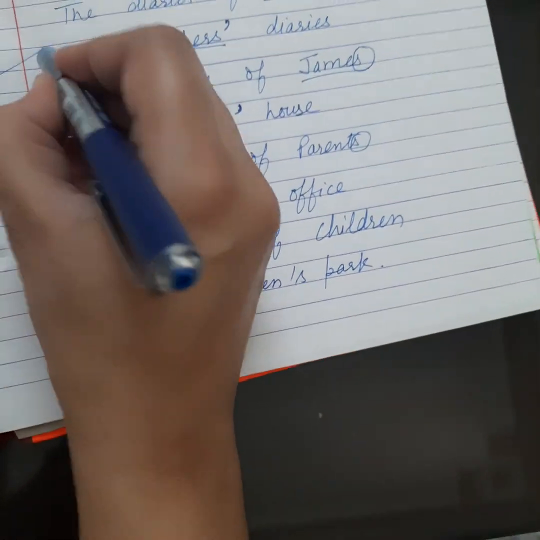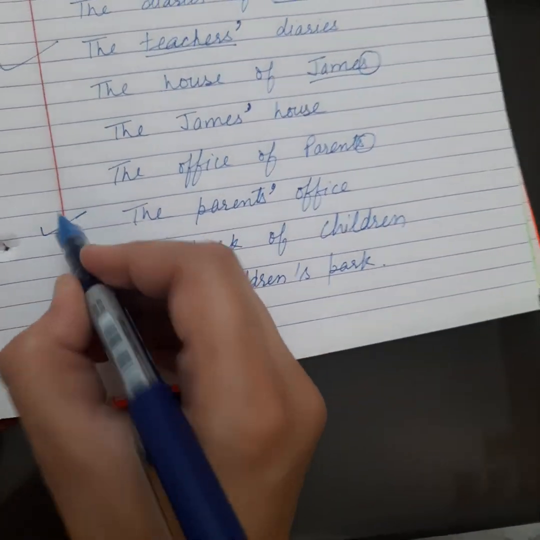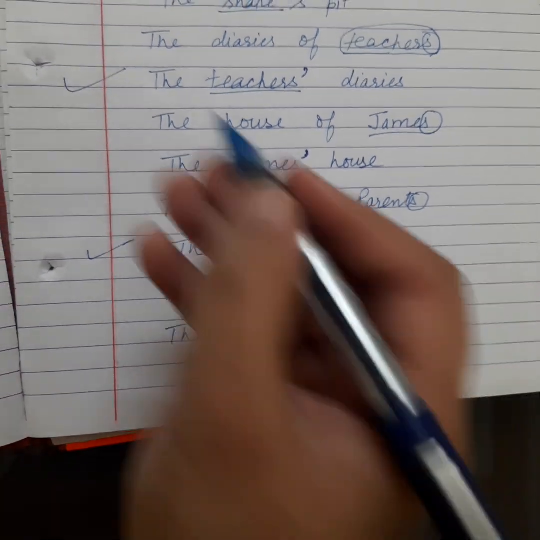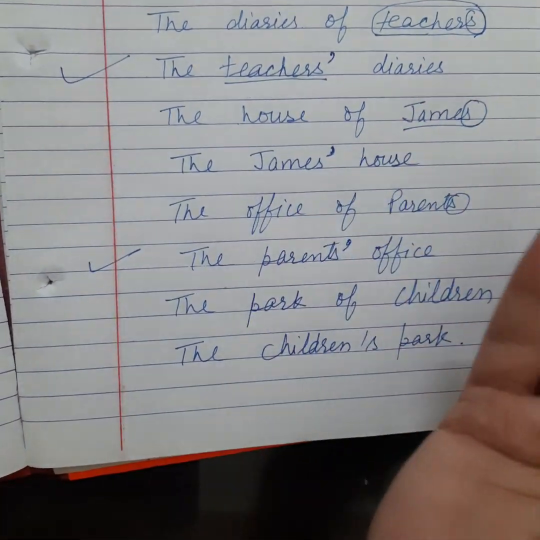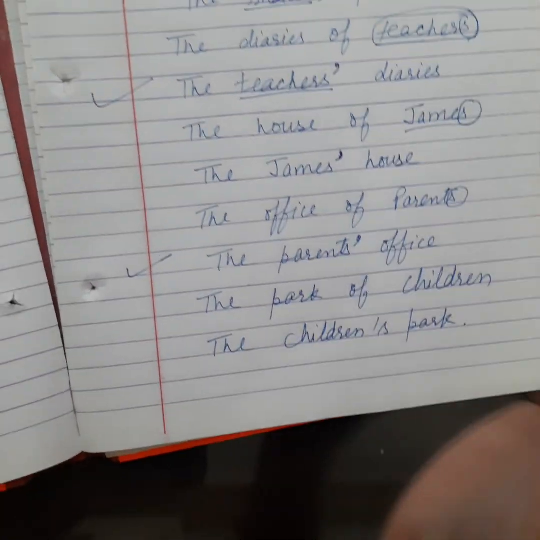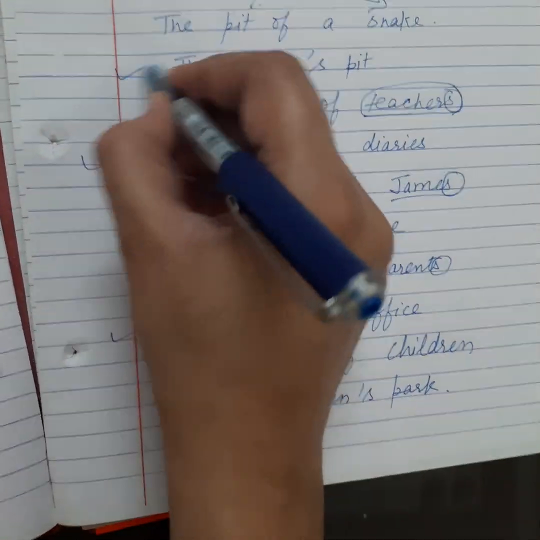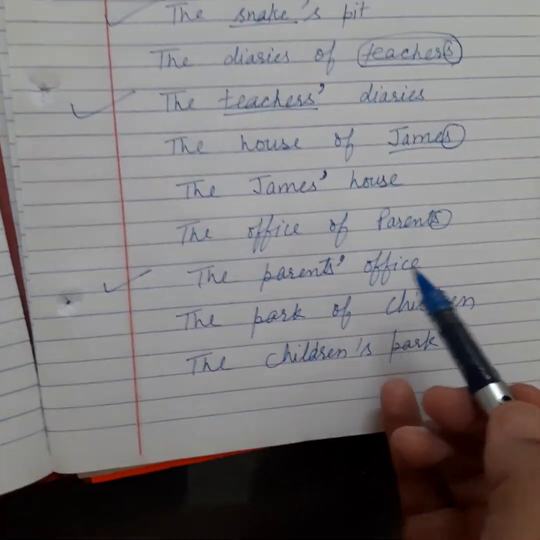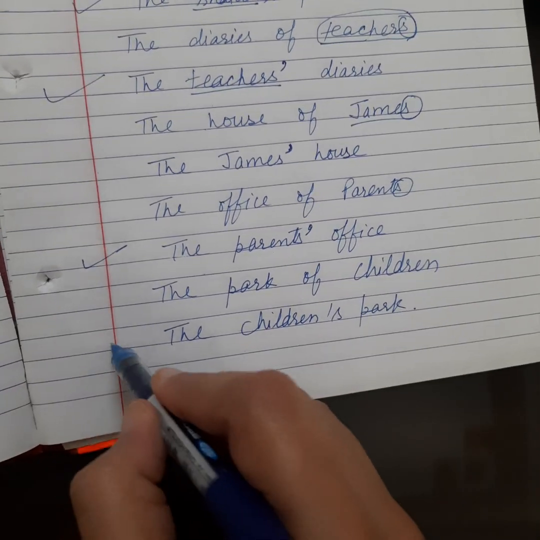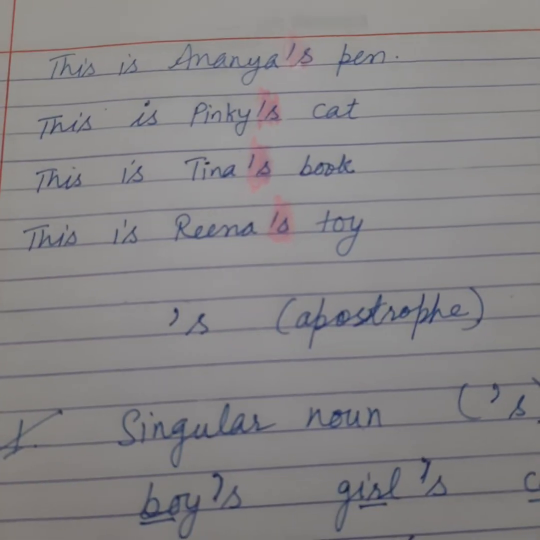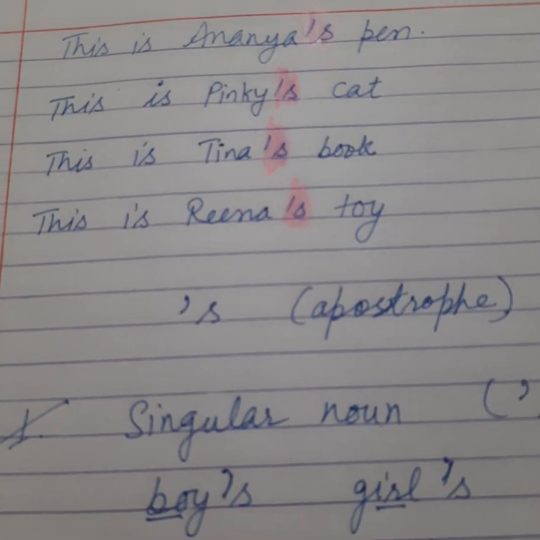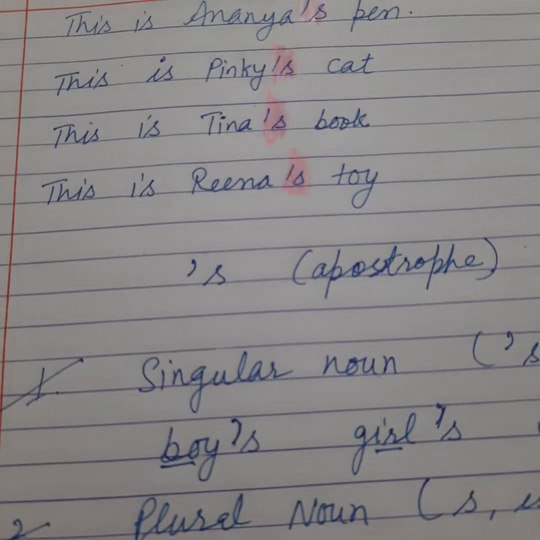We will add only an apostrophe when the word is ending with s or when it is a normal plural word. We will add apostrophe and s in the singular form of a word and when the plural is an irregular plural. Possessive nouns show possession or relationship or ownership of any particular thing.